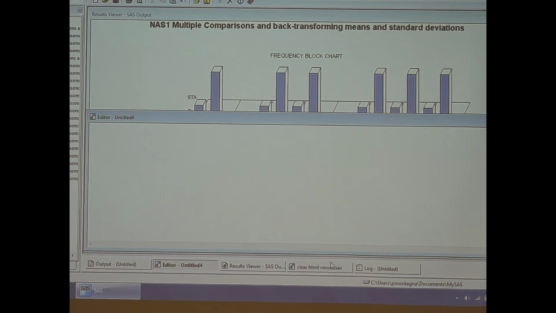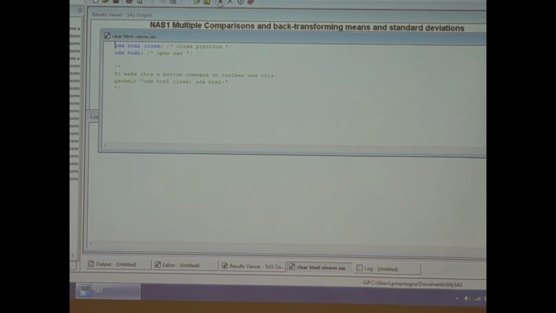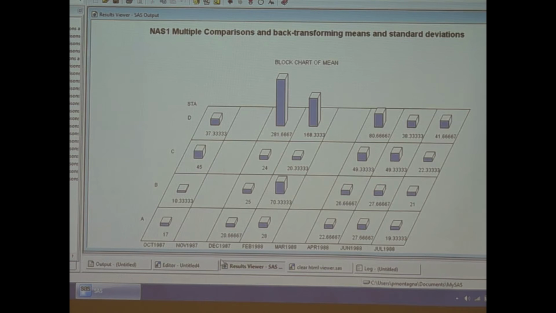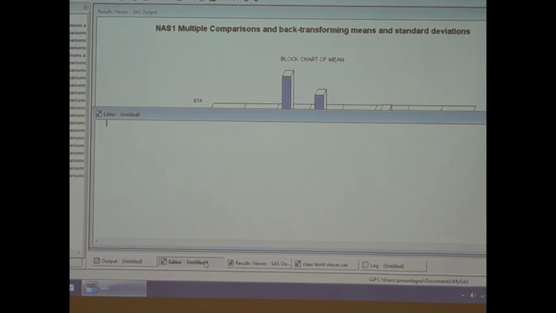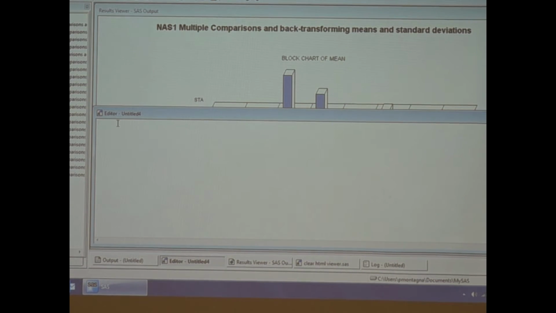Now, let's clear the cache. I want to show you one more thing before we run out of time. And that is how to use the linear contrast. And this will finish up the two-way stuff. So if we go back to NAS2,